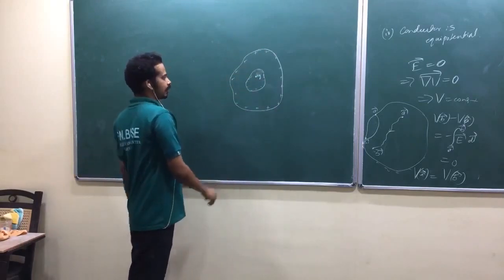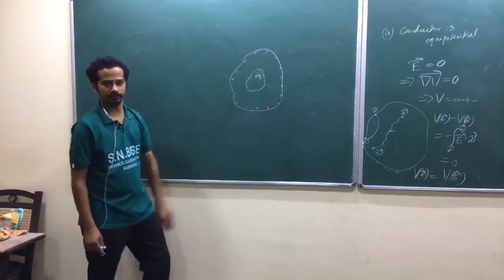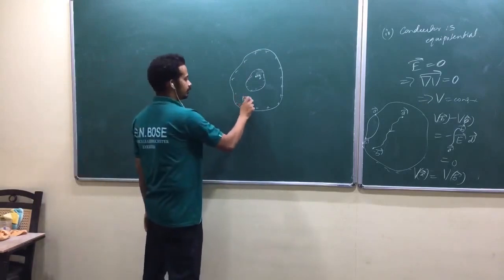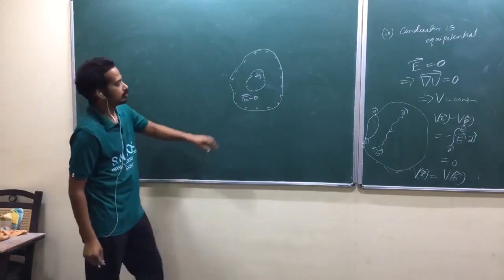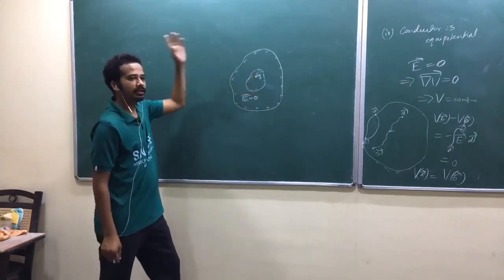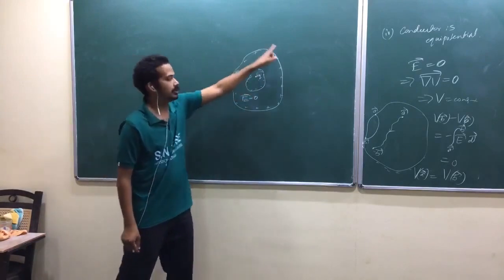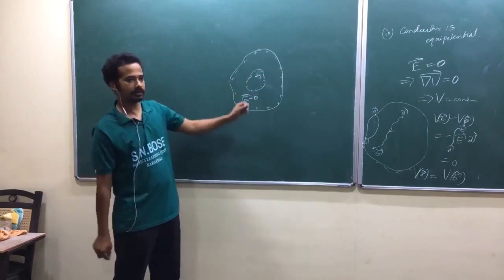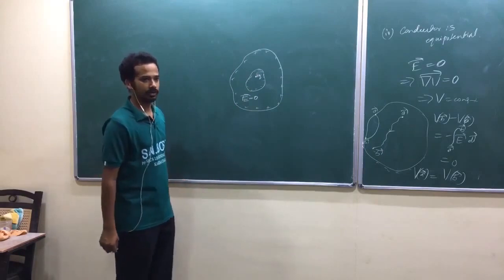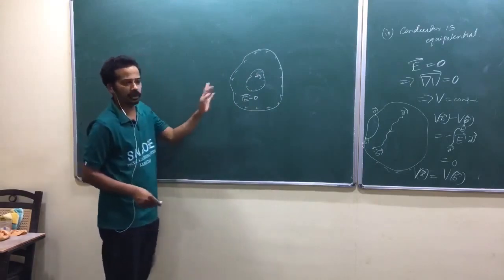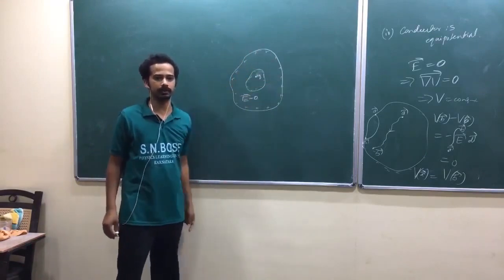When you see from outside, you can't see what is happening inside, because here the electric field is 0. This charge is communicating outside; it will tell its presence by these induced charges. But when you see from outside, you can't say whether a charge exists inside or not. You can see only positive charges on the outside surface.